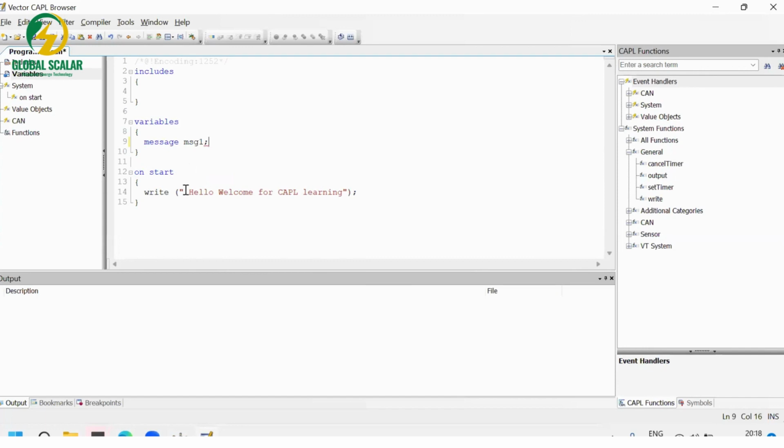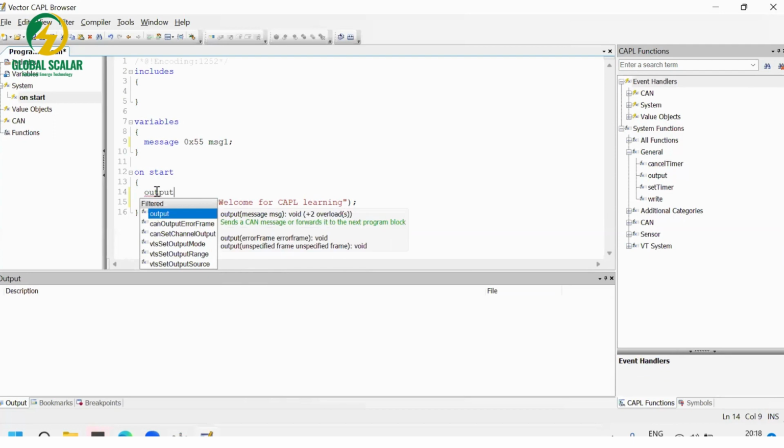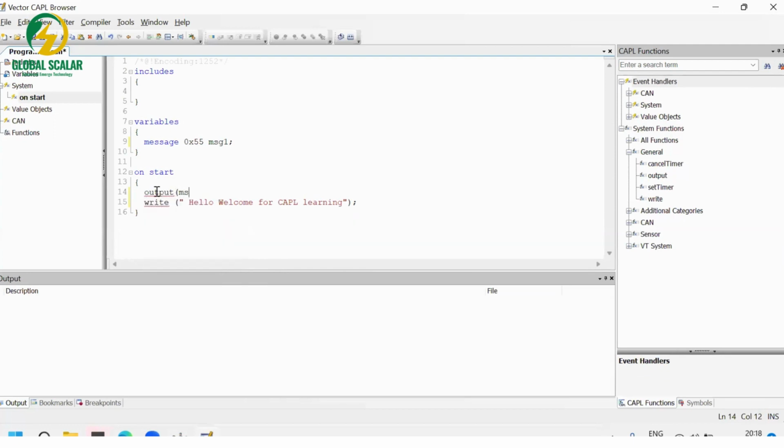Just an example I created. If I make it 055, that is just an ID and the message. Now I need to send this message. For sending the message, this is the function: output, mg1. Output. If I give this "message sent